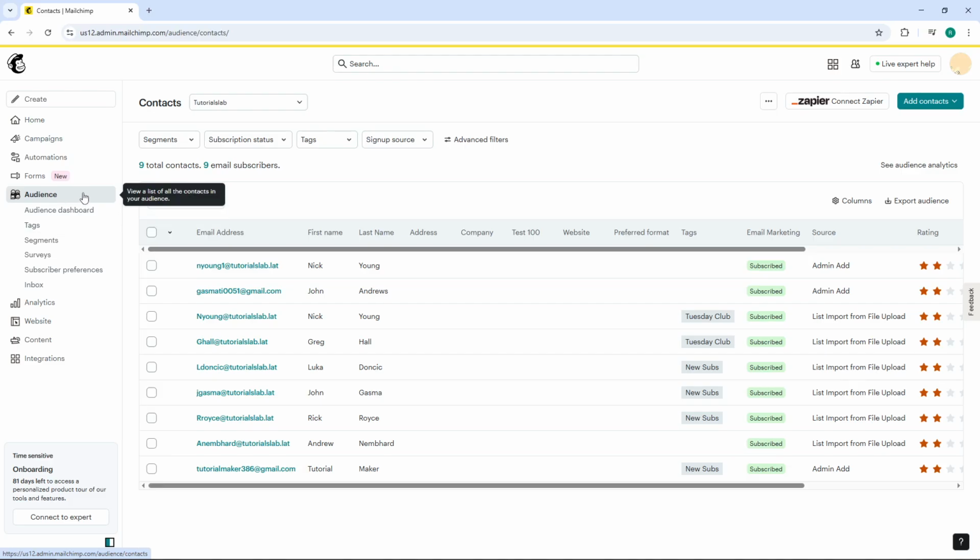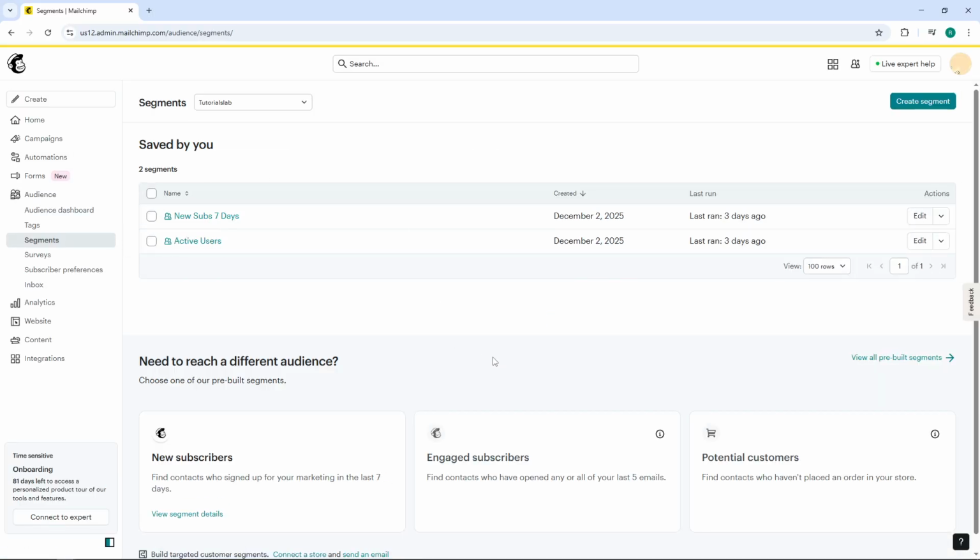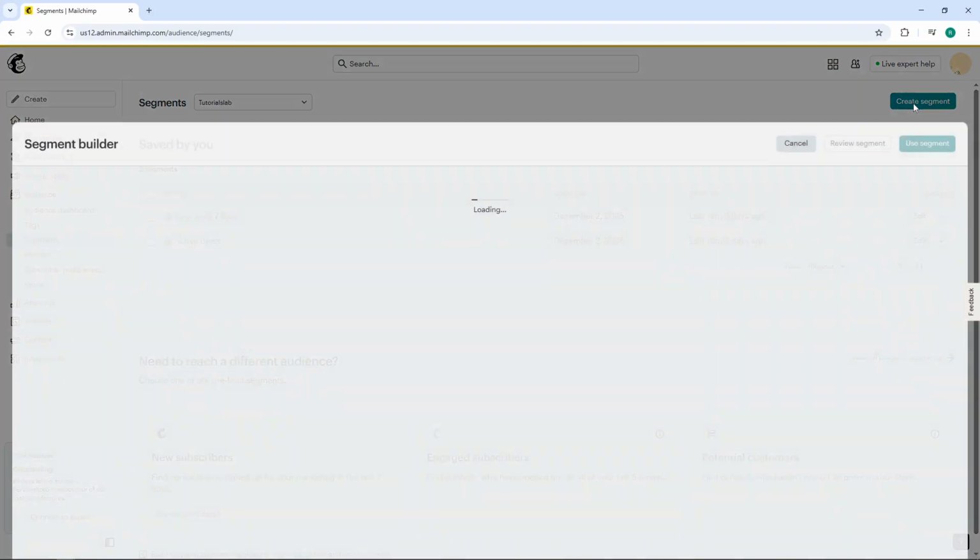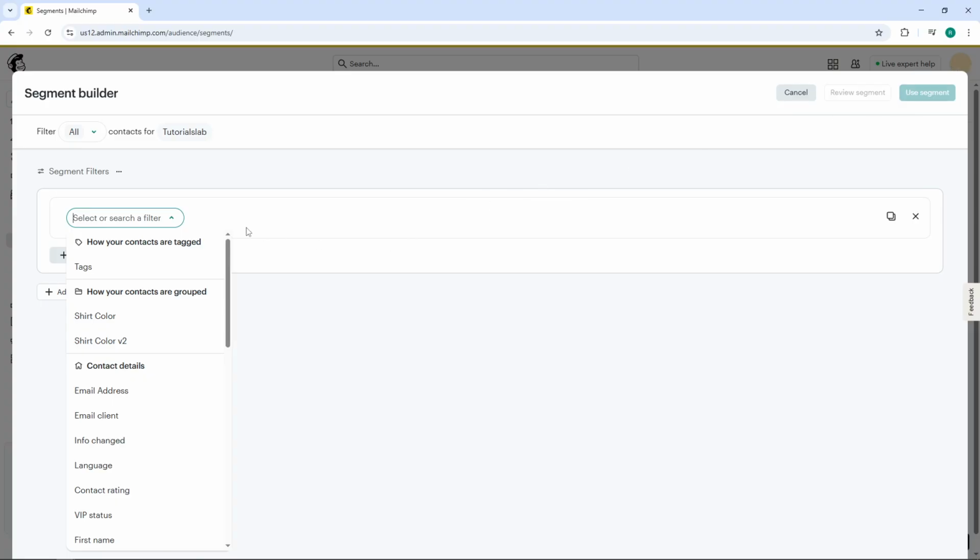From the expanded menu that appears, click on Segments. This will take you to your audience dashboard where you can view existing segments or create new ones tailored to your marketing needs. On the Segments page, locate and click on Create Segment in the top right corner of your screen. This is where the magic happens, as you'll be able to set up custom filters to combine your tags